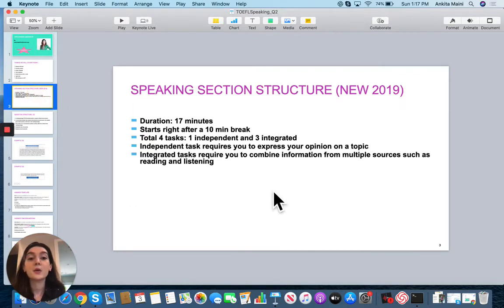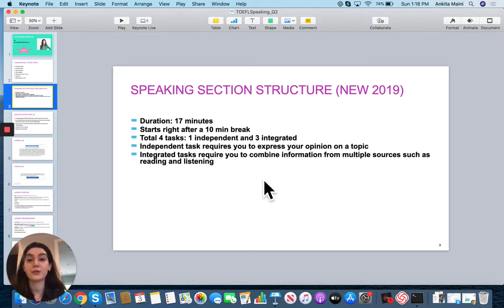So as you guys know, starting August 2019, the TOEFL speaking has only 4 tasks, 1 independent and 3 integrated tasks. It is a total of 17 minutes long and it starts right after a 10-minute break. You have 1 independent task which requires you to express your opinion on a topic. So you will get a question without any reading or listening and you have to respond based on your experience. Then there are 3 integrated tasks from question number 2 to question number 4, and they require you to